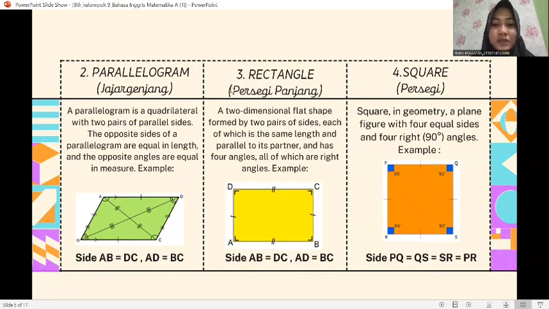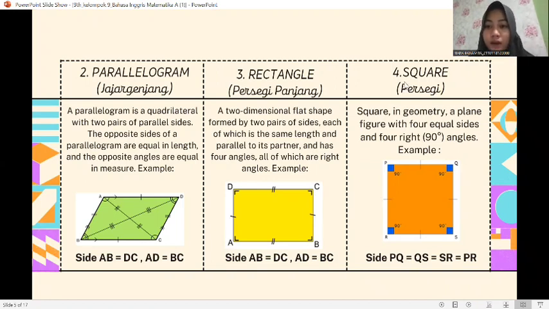Vocabulary 3, rectangle. A two-dimensional flat shape formed by two pairs of sides, each of which is the same length and parallel to its partner, and has four angles, all of which are right angles. Example, sides AB equals sides DC, and sides AD equals sides BC. Okay,